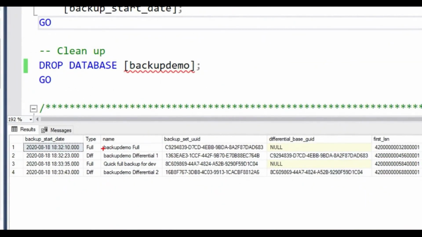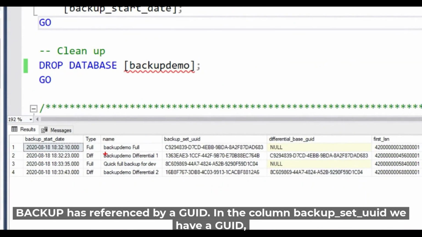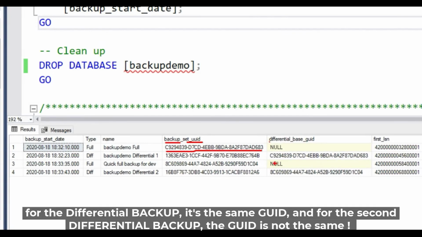So, backups are referenced by GUID. Okay, in the backup set, in the column backup set UID, we have a GUID. For the first differential it is the same GUID.